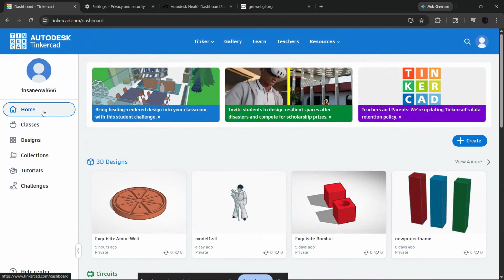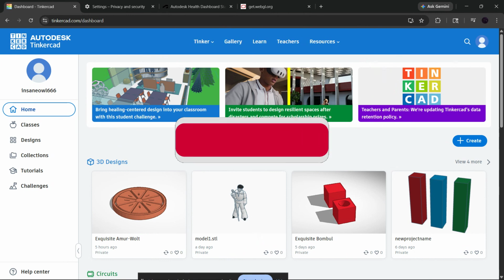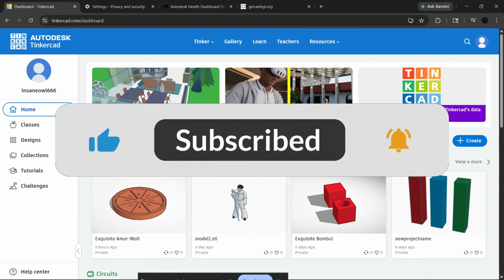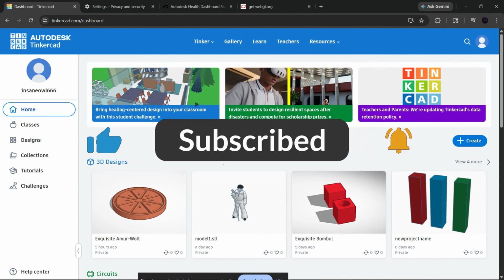If your Tinkercad design won't open, gets stuck loading, or shows an error when you try to enter a project, don't worry. In this video, I'm going to walk you through the most common fixes step by step. These are the same checks that can solve the issue for most users, whether the problem is caused by your browser, a bad cache file, an extension conflict, or even a WebGL or network issue. By the end of this tutorial, you'll know exactly how to troubleshoot the problem and get back into your design